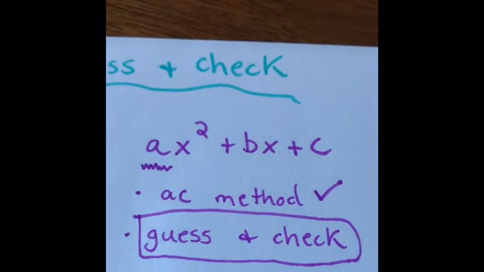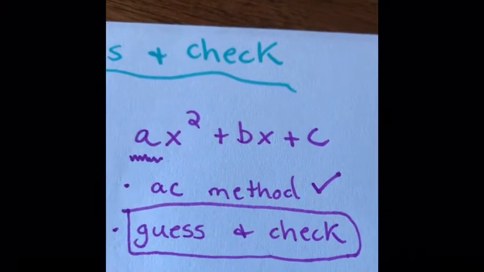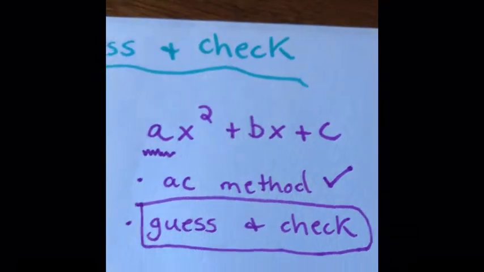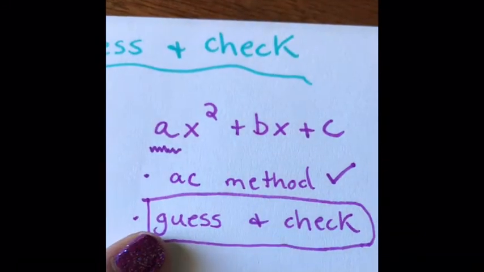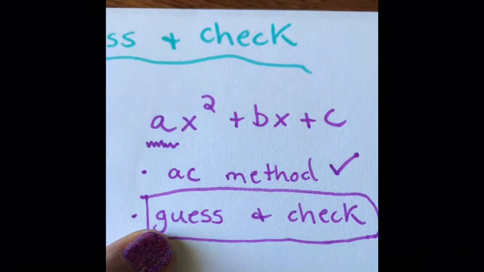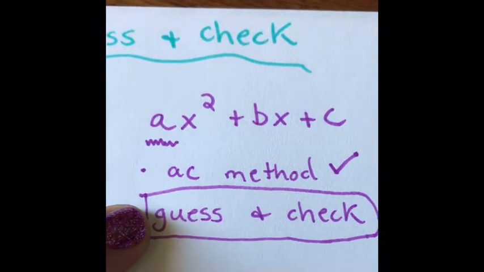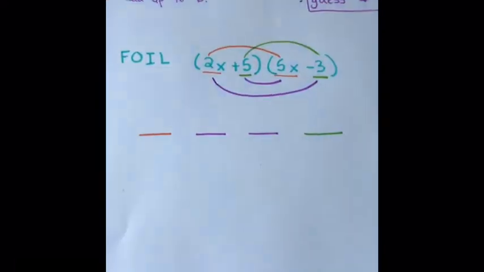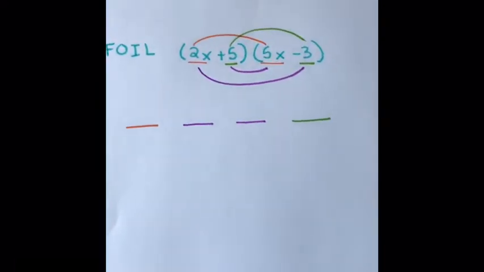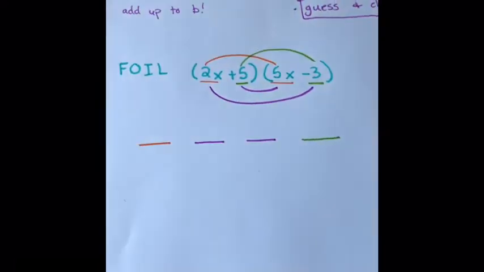So the AC method is kind of your step-by-step process. It'll get you the answer. I'm just going to show you another method called guess and check, and some students just prefer this method because they can just see it quicker and get to the answers a little faster. Okay, so here's a real quick FOIL review, because seeing this just kind of helps go backwards with the guess